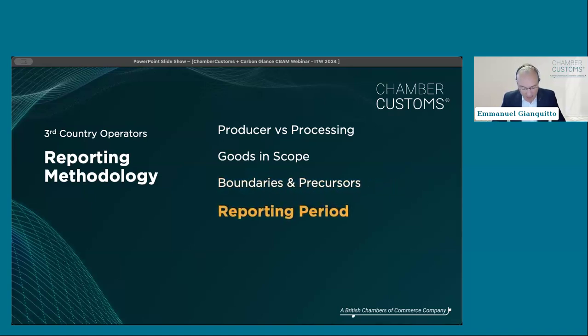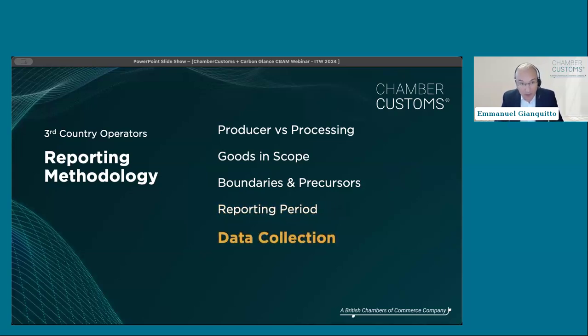We then need to select a sensible reporting period, and for that we need to look at financial records, we need to look at production records, we need to look at stock, inventory, we need to look at energy consumption. So it can be quite delicate, and we need to be strategic about how we choose a reporting period.